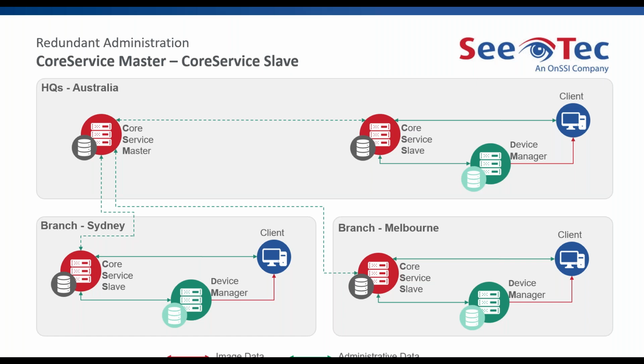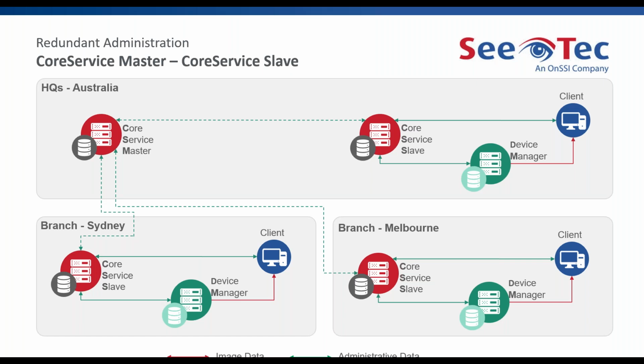And here we've got a system. We've got the HQ for Australia, and it's running its own CSM, its core service master, on its own server hardware, because this may be a very large network, and the client may want to have that. In this case, we've got 3 DMs. One happens to be the HQ, and then we've got 2, like we indicated here, Sydney and Melbourne, over a